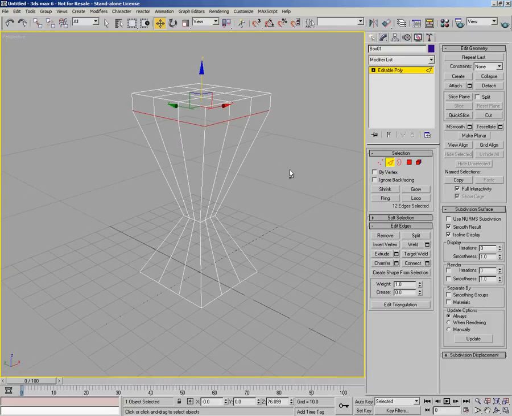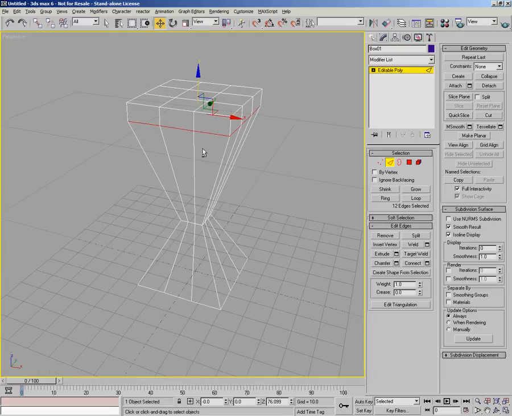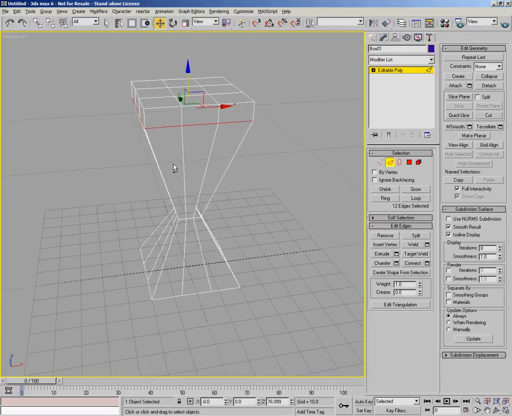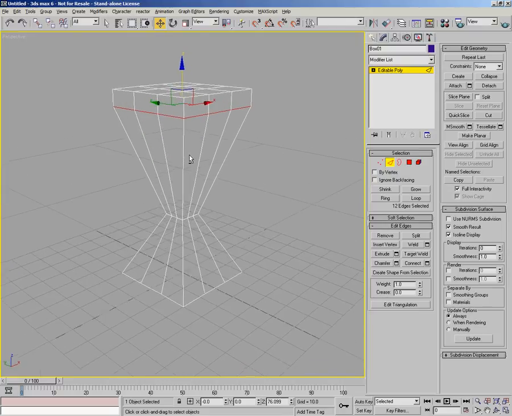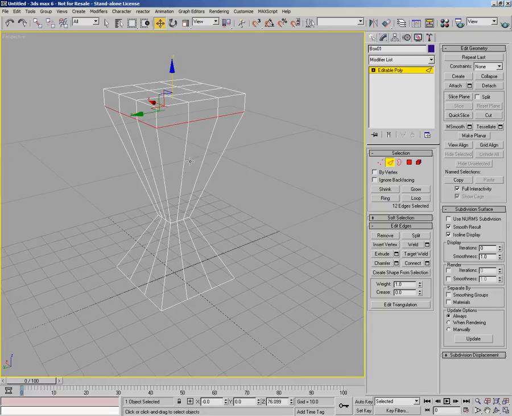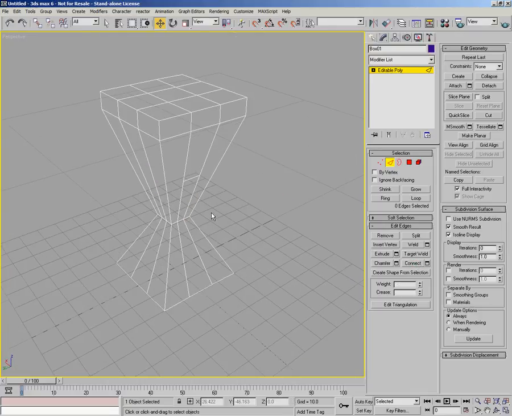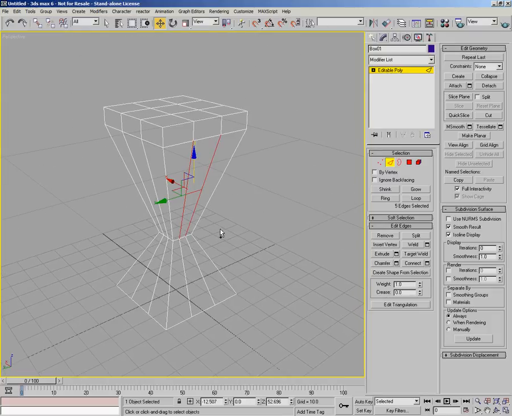So something I'm going to do now is I'm going to create a new loop that runs all the way around this object. To do that, I'm going to need to connect each one of these edges to the next edge along. Now, connecting edges in Max is very easy. You just select two edges like this, and go down to the connect tool here, and click on that tool, and it connects those two edges together. You can see it's produced a connecting edge there. If I undo that with Control Z,